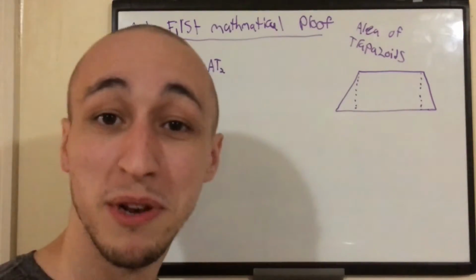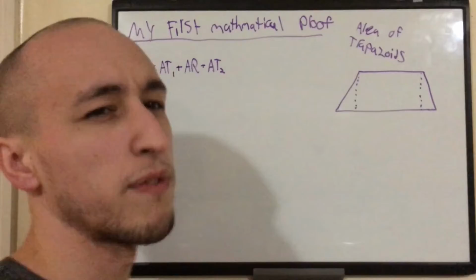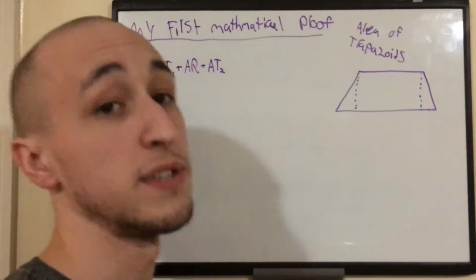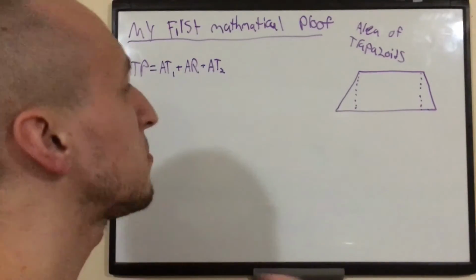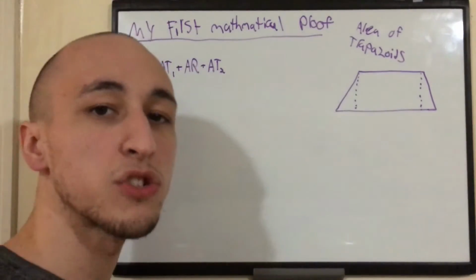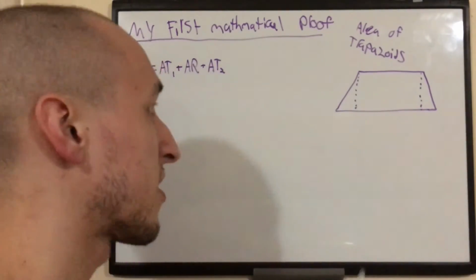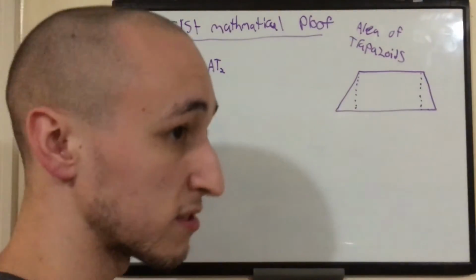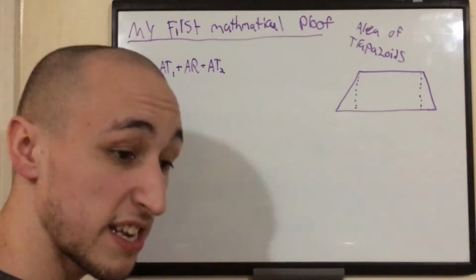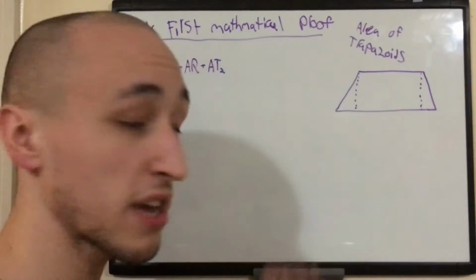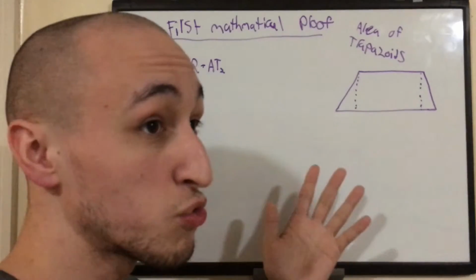I probably should have mentioned it earlier, but I'm going to mention it now. One of the things you need to think about when trying to create a formula is what are your givens? A given is the information you are presumed to have. If you are going to solve this, this is the information you need to solve it. Right now, I have no information, all right? But I'm going to fill in some information, and here's the thing, at this point, I don't know exactly what my givens are. I don't know what I'm going to use in the end.